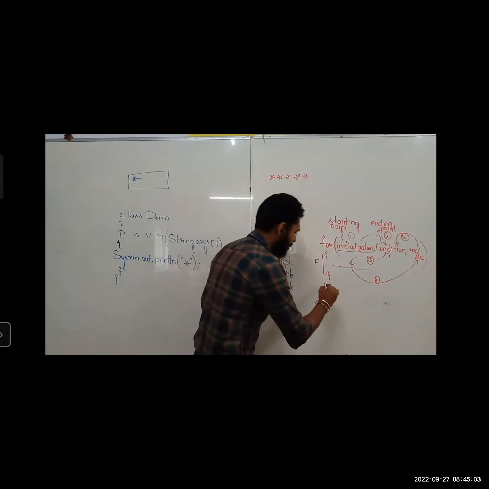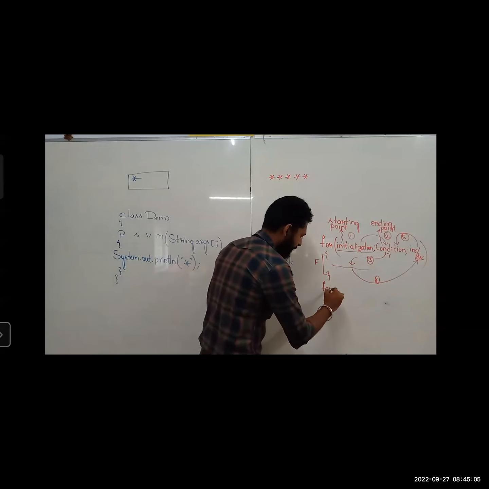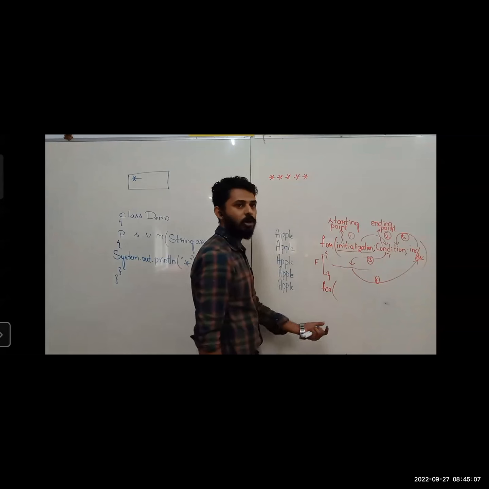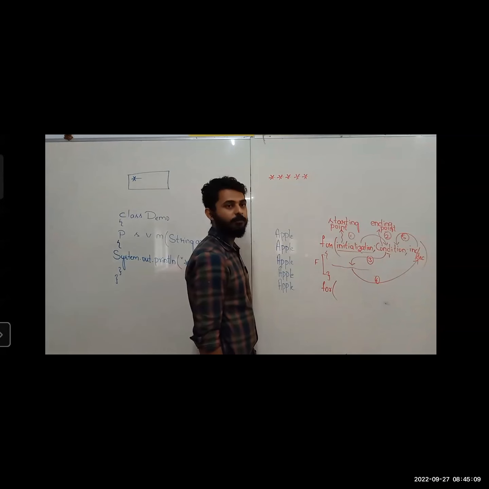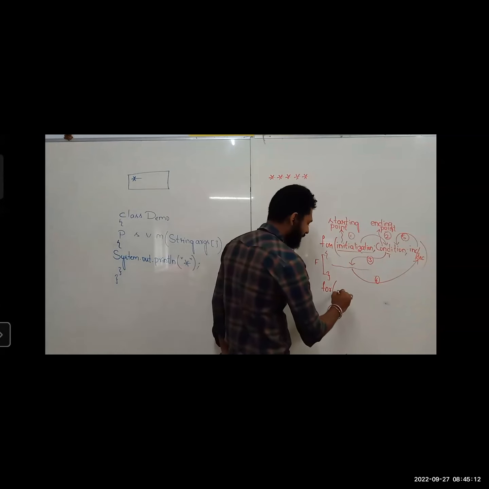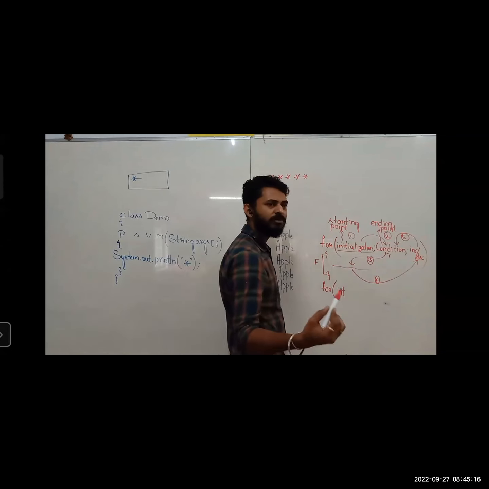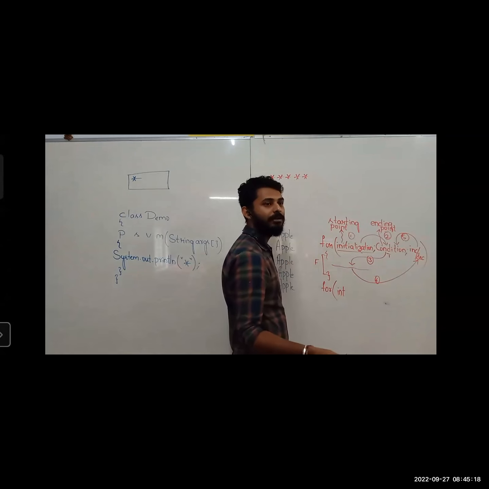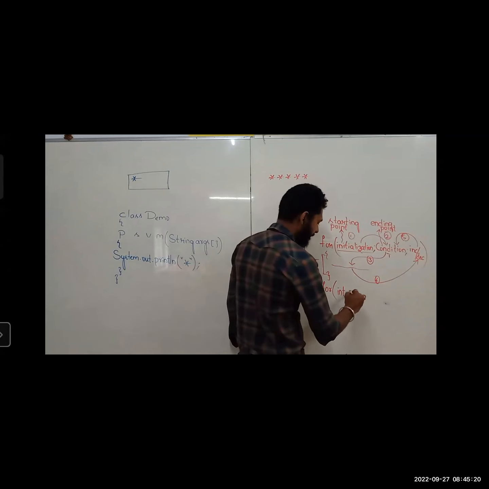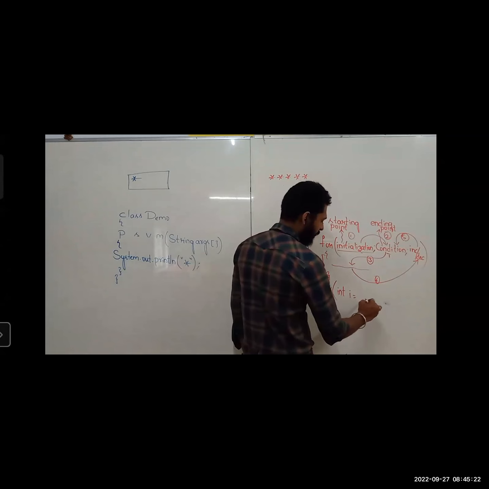So here, please observe. First, I'll start with a for loop. As I've already told, I need 3 parts. Which are those 3 parts? First thing, one variable you should write, integer type. A, B, C, D, whatever you want to write, right? But the standard which all of us will follow is i. i equal to what I should start?